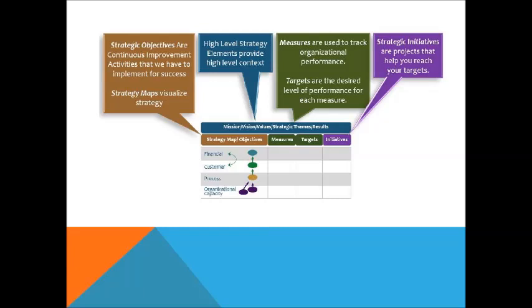And the second one would be the high level strategy elements, which provide the high level context also. The third one is the measures which are used to track the organizational development or the performance from each and every department or the perspective that we have already stated. And the last one is the initiatives which each and every department is going to take towards the completion of those projects, or I should say jobs or the processes that they have designed. So this is another way of looking at the balanced scorecard in terms of the non-profit strategy map.